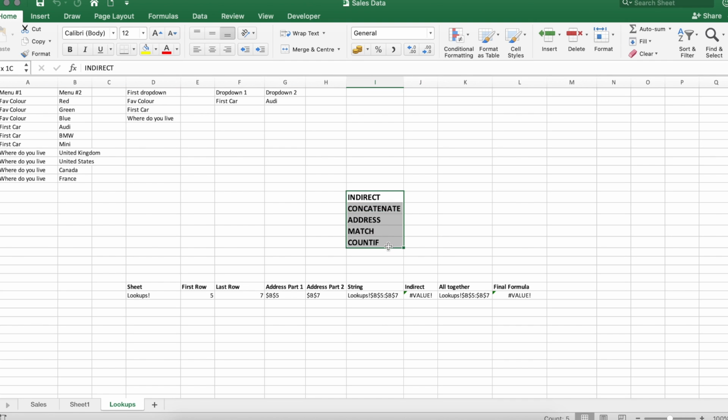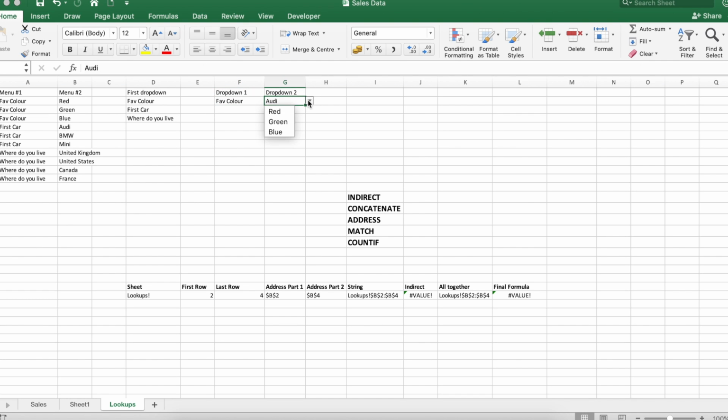And the combination of these 5 put together basically creates the ability to have a conditional drop-down menu created. So, for example, I have this first drop-down menu here, where I can select my favorite color,